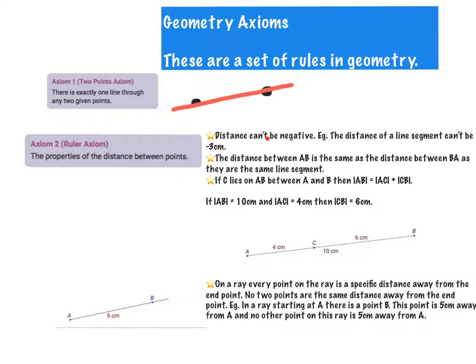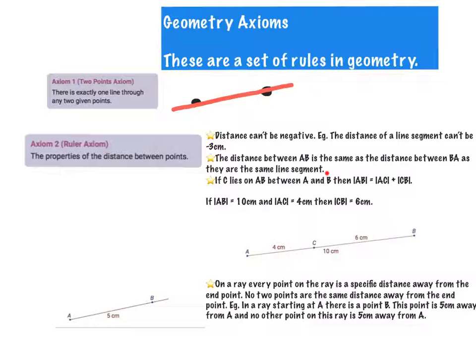This first section: distance can't be negative, e.g. the distance of a line segment can't be -3, okay? So we can't have any minus distances, they always have to be positive, okay? Point 2 then, the distance between AB is the same as the distance between BA, as they are the same